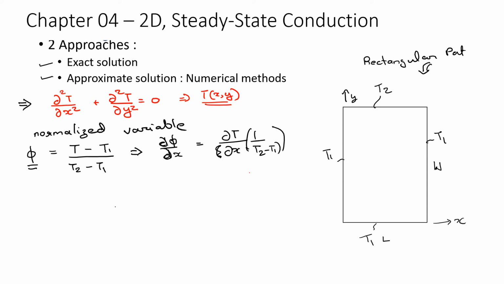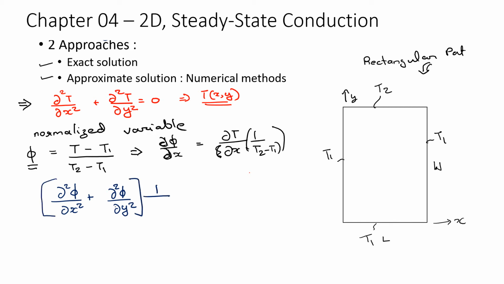Similarly, you can do this for your partial derivative in the y direction as well, and see what partial derivatives you get with respect to phi. Now I'll just write the final equation that we get on substituting phi and transforming the equation into the normalized variables. So our new heat diffusion equation will be del square phi by del x square plus del square phi by del y square